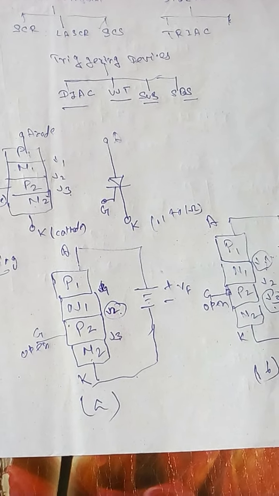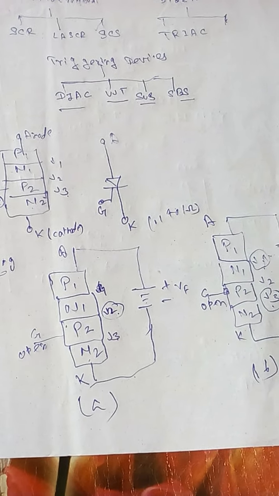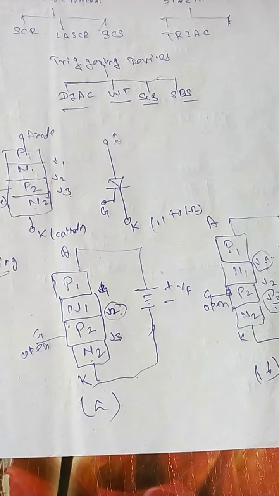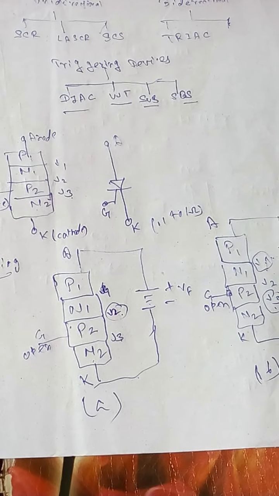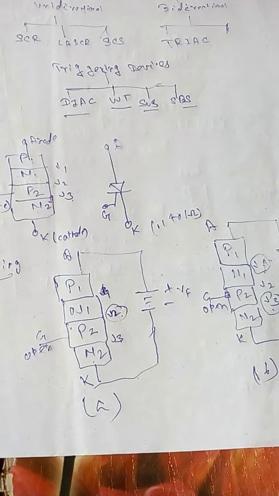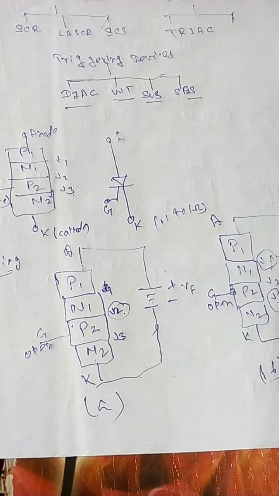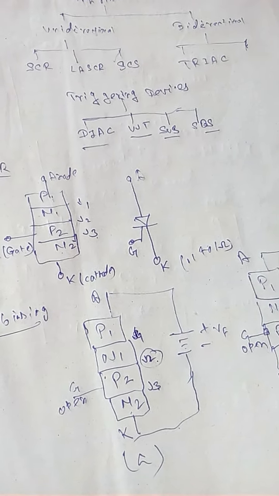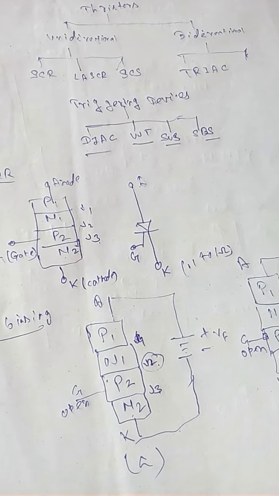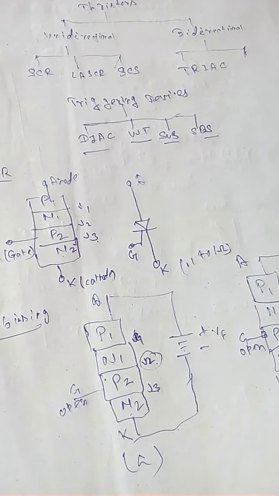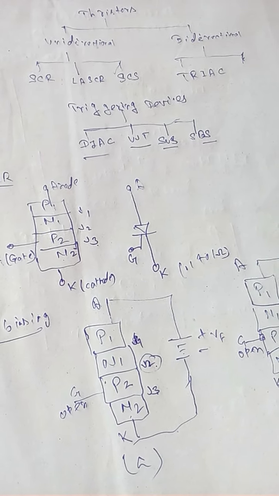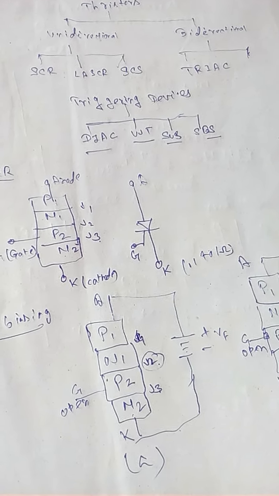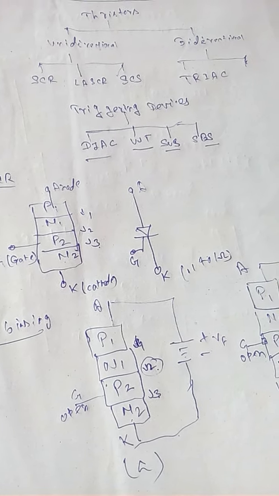Therefore, the SCR is a unidirectional semiconductor device which remains off so long as the applied anode voltage is below the breakover voltage, and turns on when it exceeds the breakover voltage. It is interesting to know that the SCR never operates with the anode to cathode supply voltage equal to the forward breakover voltage. The supply voltage is kept smaller than the forward breakover voltage, and the SCR is turned on by the gate voltage and gate current.